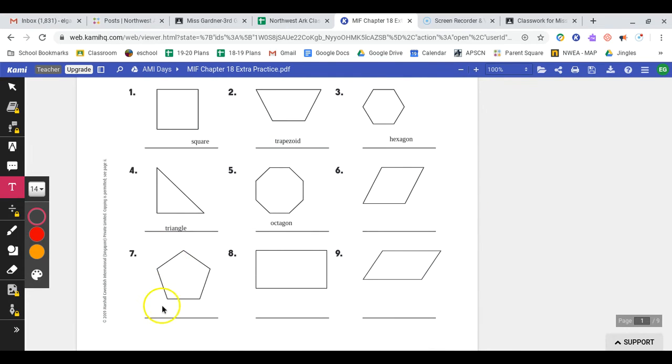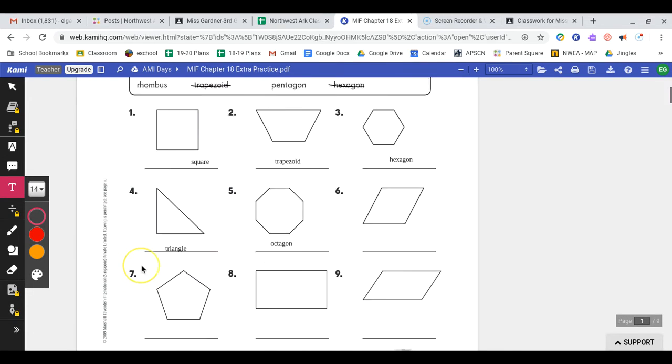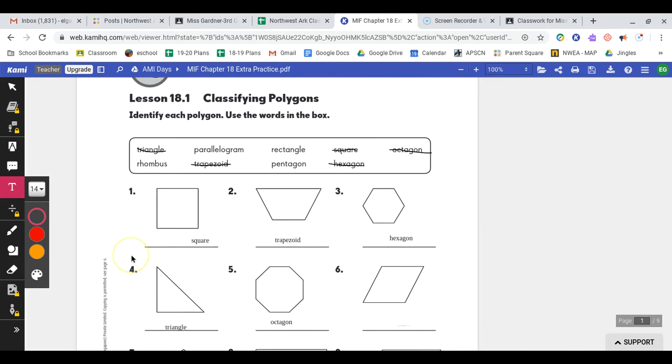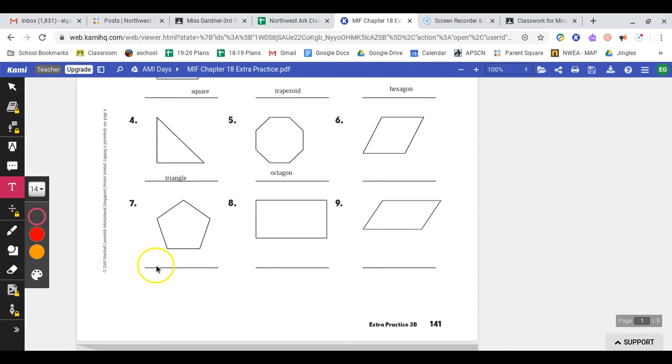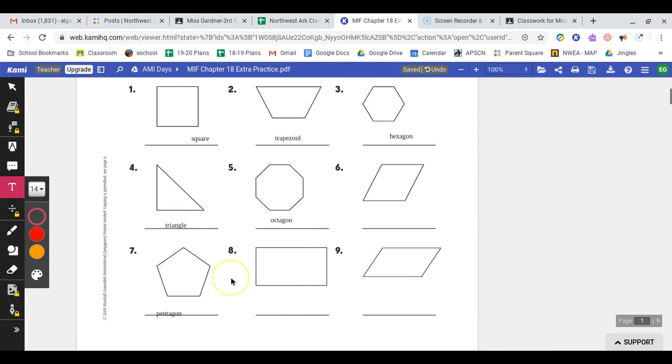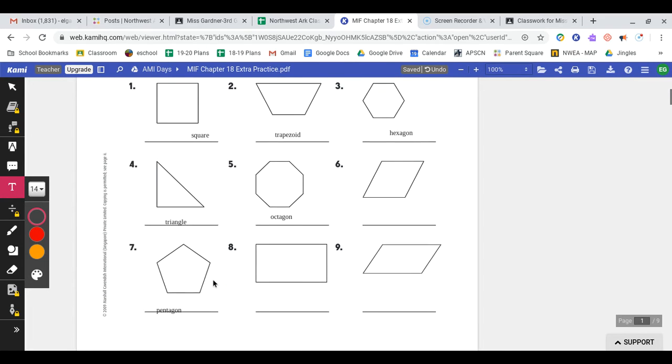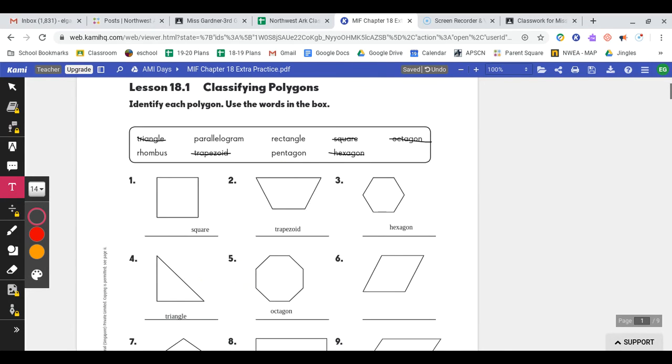Let's move on to the pentagon. I gave it away for you. Now we've got 1, 2, 3, 4, 5 sides, and so I already gave you the answer, but it is a pentagon. Sorry about that. That is the one that kind of looks like a house, five sides for that shape. Okay, over here now we have,